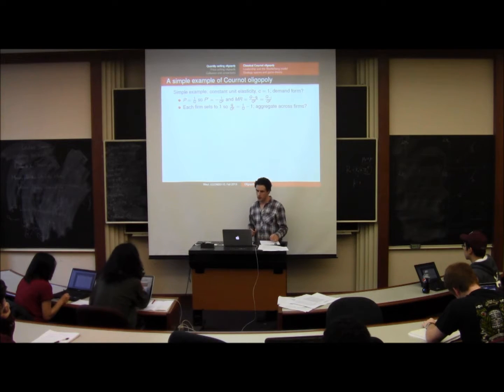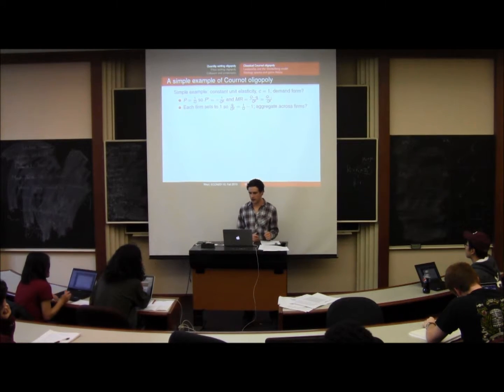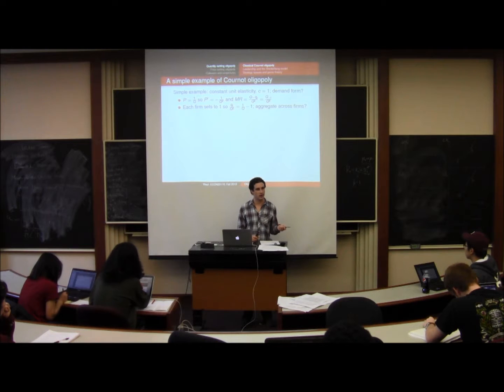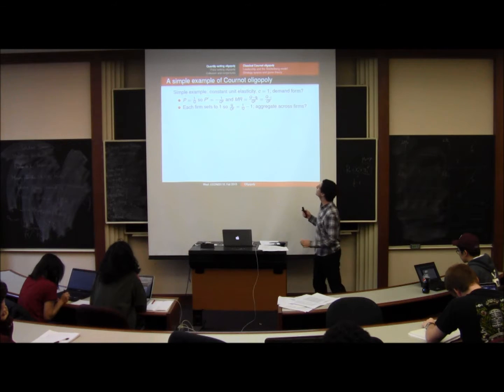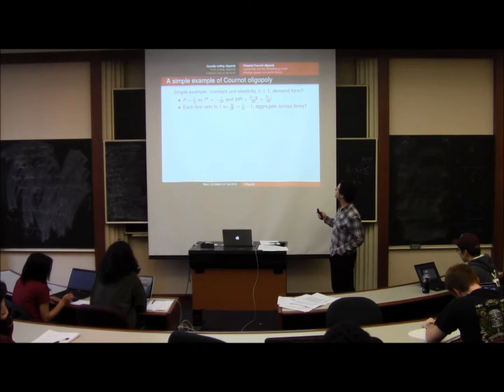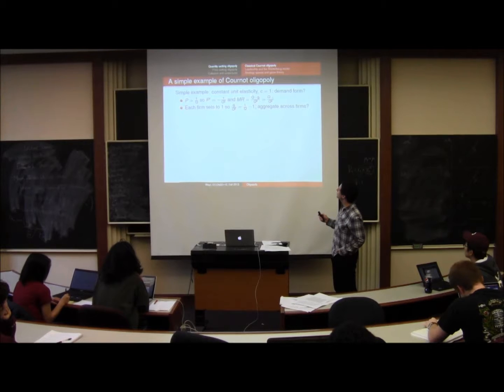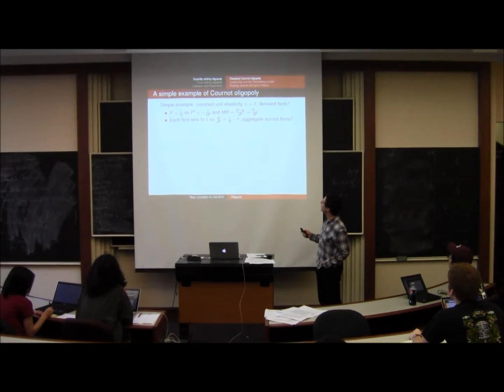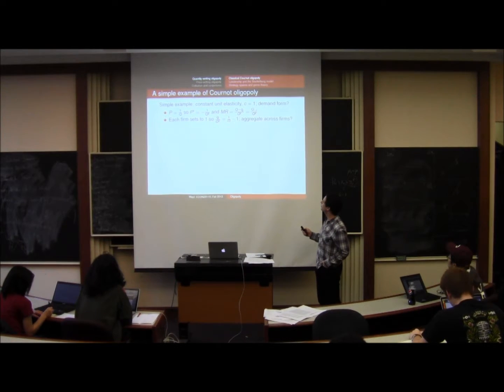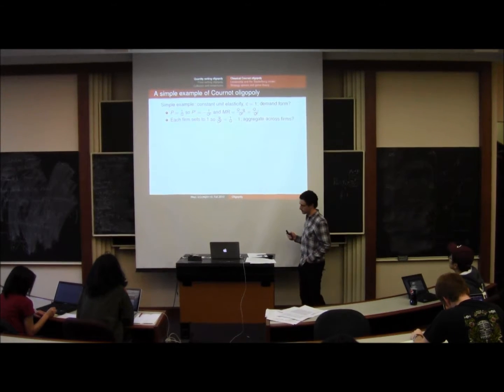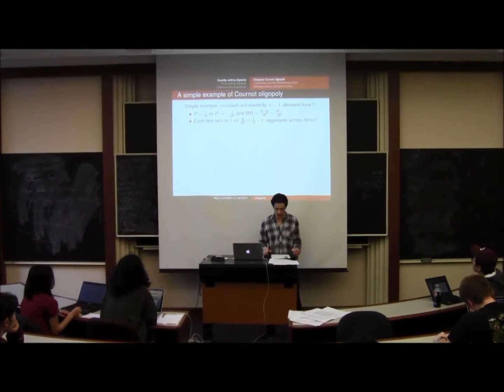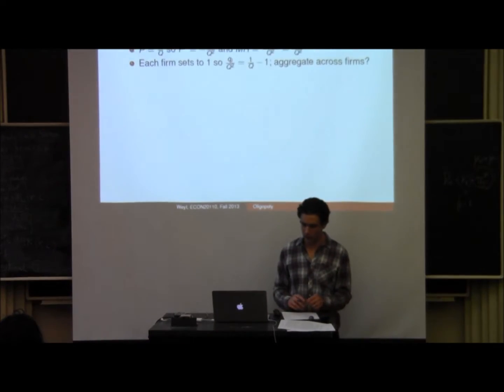Okay. So each firm is going to set their marginal revenue equal to 1. 1 is their marginal cost. And so that gives us that Q minus QI over Q squared is equal to 1, which is the same as QI over Q squared is equal to 1 over Q minus 1. Okay, so now if we add this up over all of the firms,